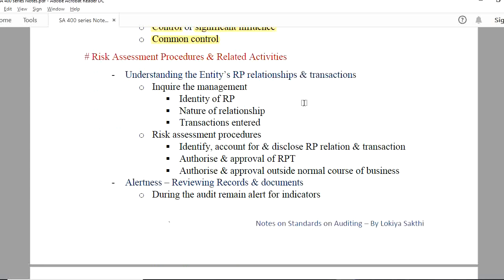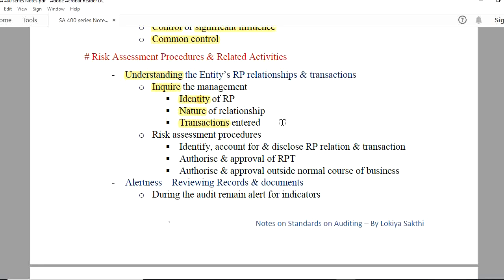carry out these procedures. So first comes the risk assessment procedures and related activities. The first part of the risk assessment procedures is understanding the entity's related party relationships and transactions. For this, the auditor shall inquire of the management regarding the identity of the entity's related parties, including changes from the prior period, the nature of the relationships between the entity and the related parties, and whether the entity has entered into any transactions with such related parties during the period, and if so, what is the type and the purpose